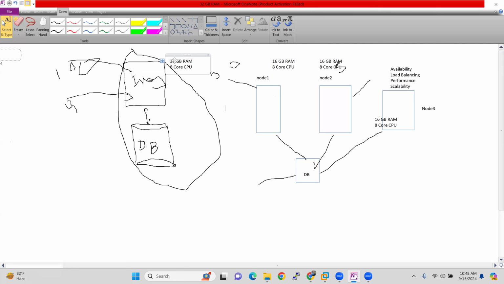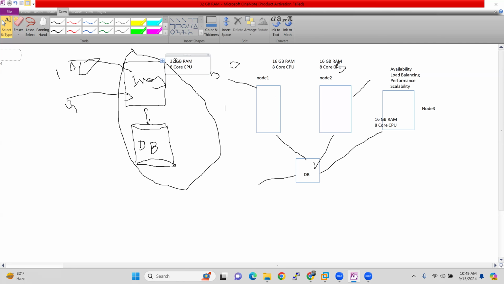But if you ask them to increase the RAM again up to 32 GB and they check, they will find that your laptop supports only 16 GB RAM, not more than that. Okay, so the same will happen here. If you have a single machine, after a specific limit it will not allow you to increase the resources,